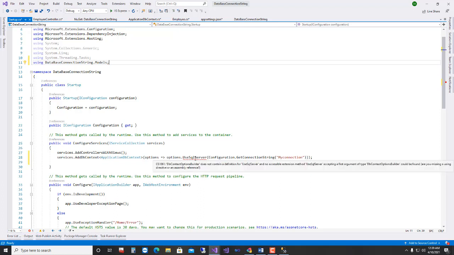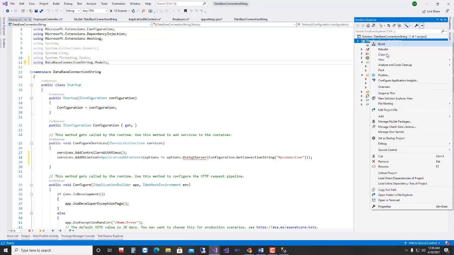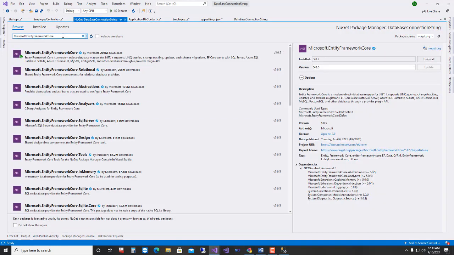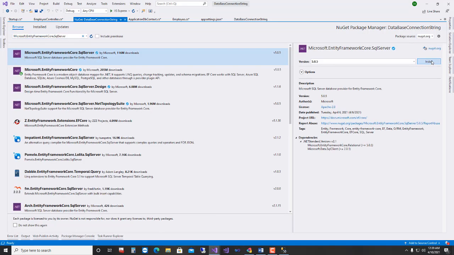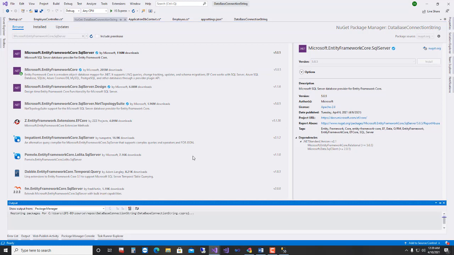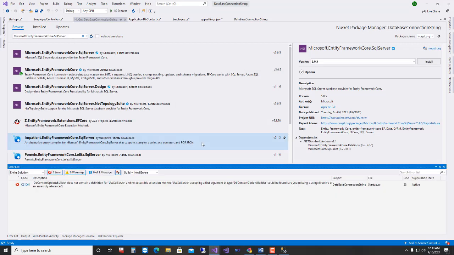Also I'm getting an error. For this error I need to add a package. So go to my solution project and add the NuGet package Microsoft Entity Framework Core SQL Server. Click on install button. I need to accept the license agreement.